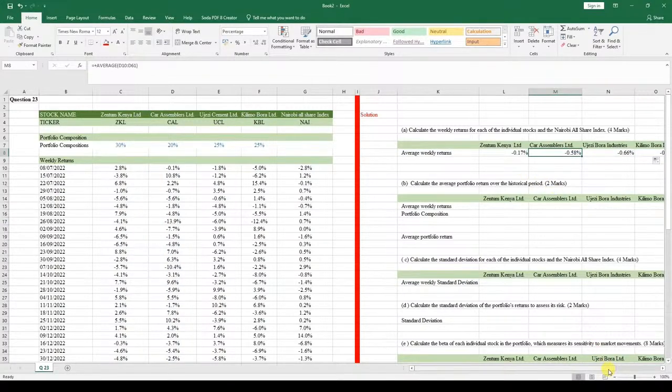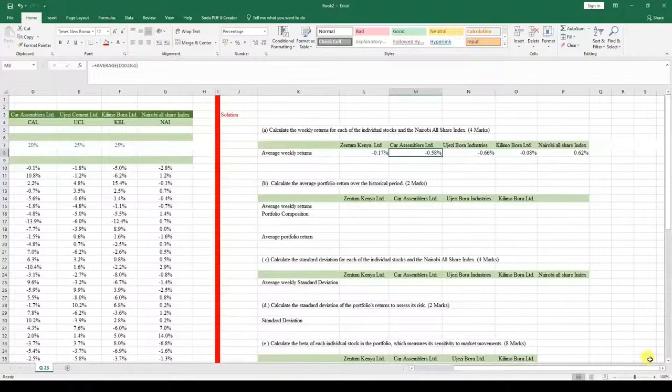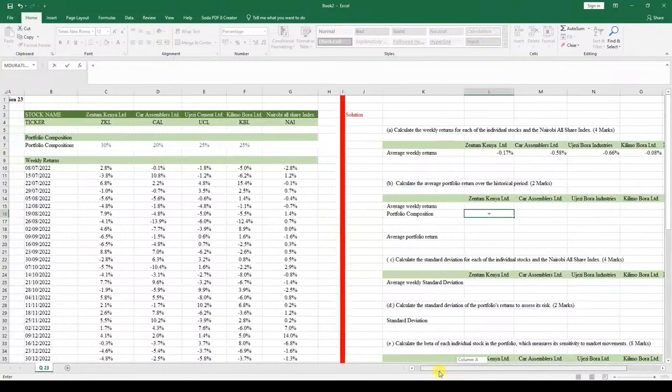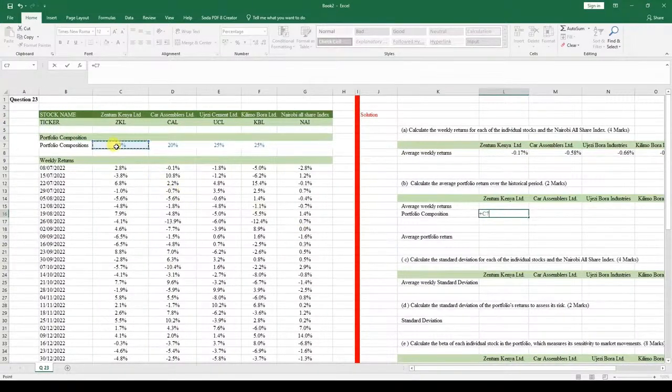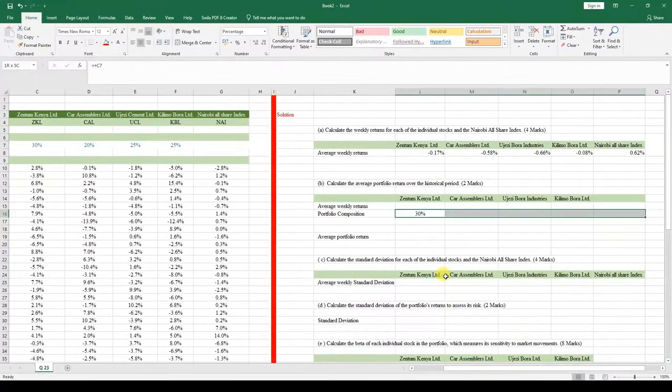We move ahead and answer part B of the question. You're told to calculate the average portfolio return over the historical period. We have been given the portfolio composition, and the portfolio composition can be linked with this top part right here. The portfolio composition is there. Enter. And we link it with all of them towards the right, Control R, like that, so that you can be able to